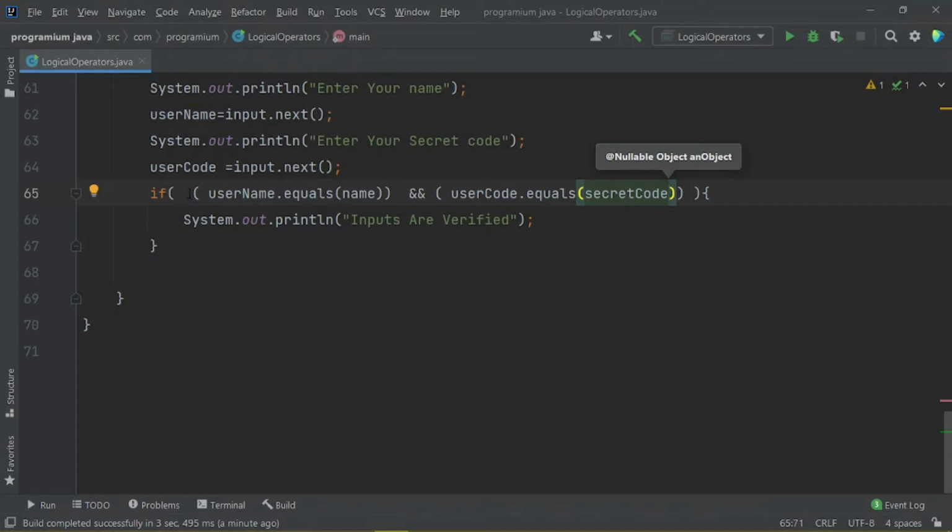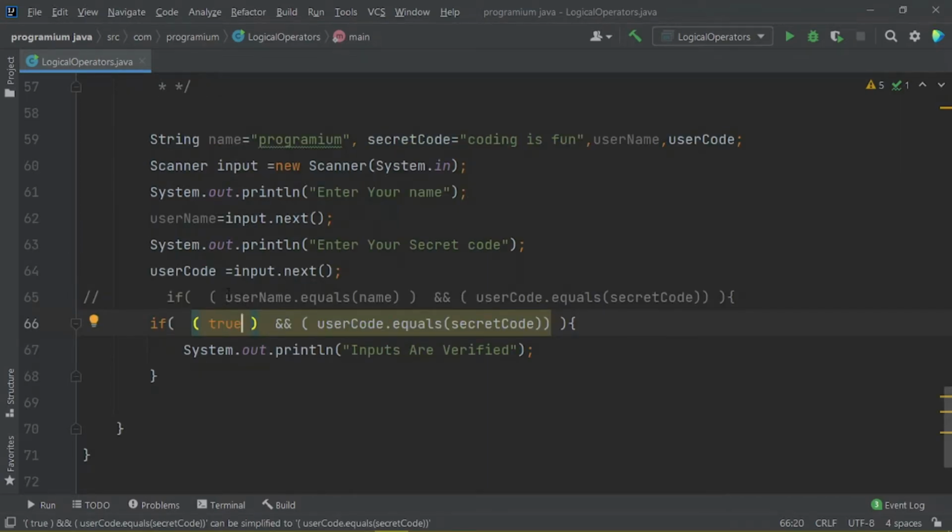So guys, this condition only works if the result of all conditions would be true. So let us see how this condition is interpreted by our compiler. So guys, if the user enters the exact name as stored here, then the result of this code here would be true.